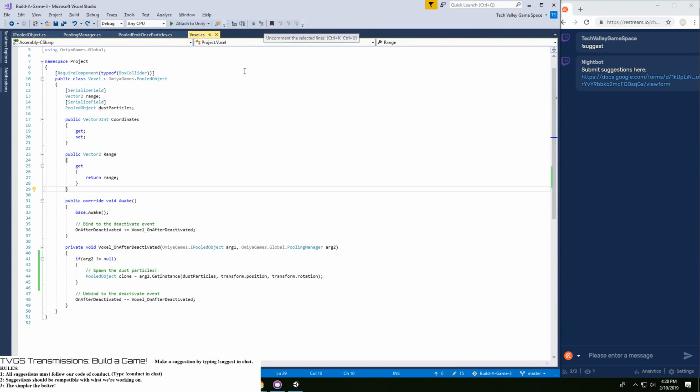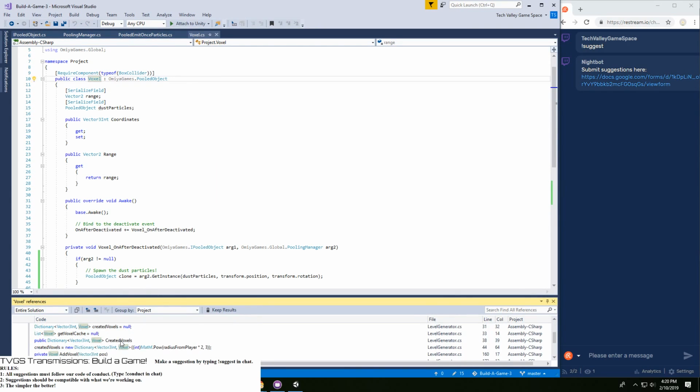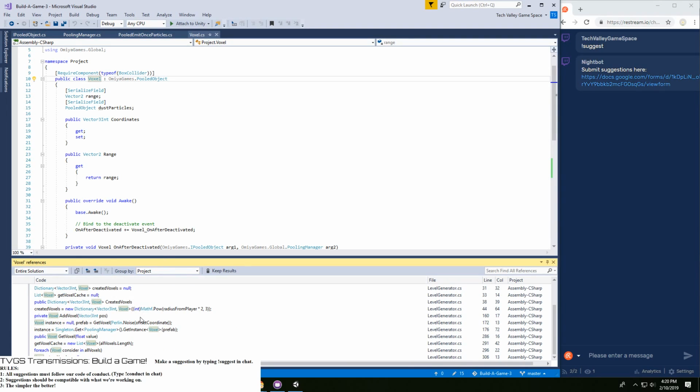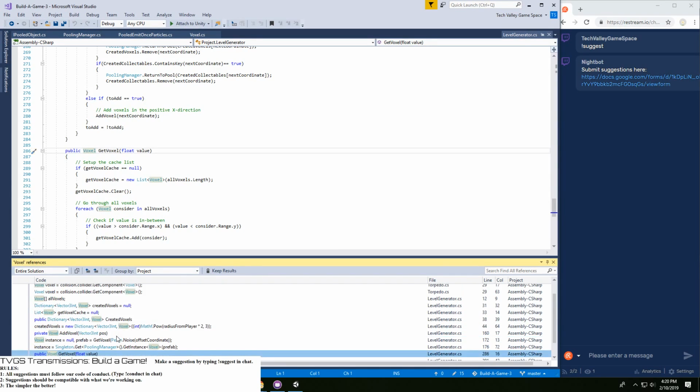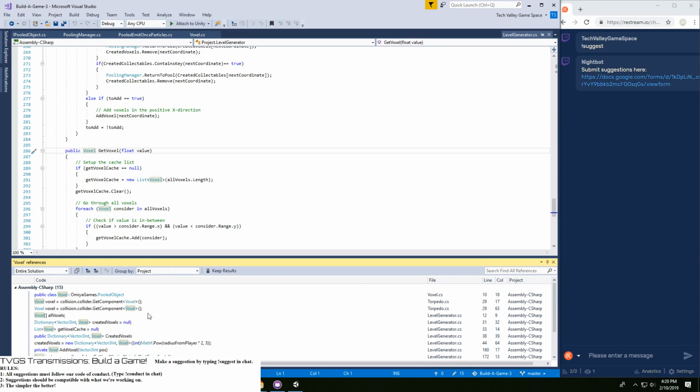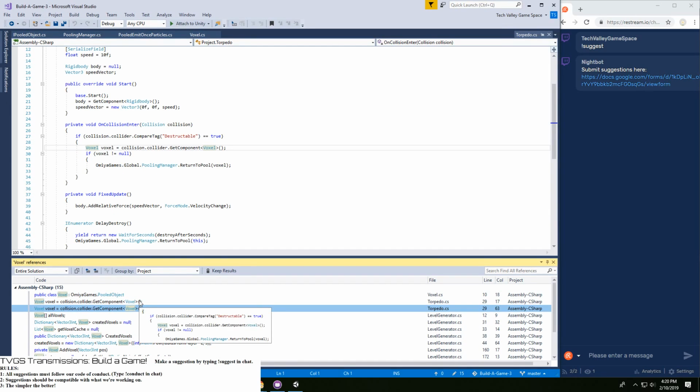Okay, so that didn't cause any problems, but that also meant that it didn't do anything. And so my question is, when is this ever deactivated? Torpedo.